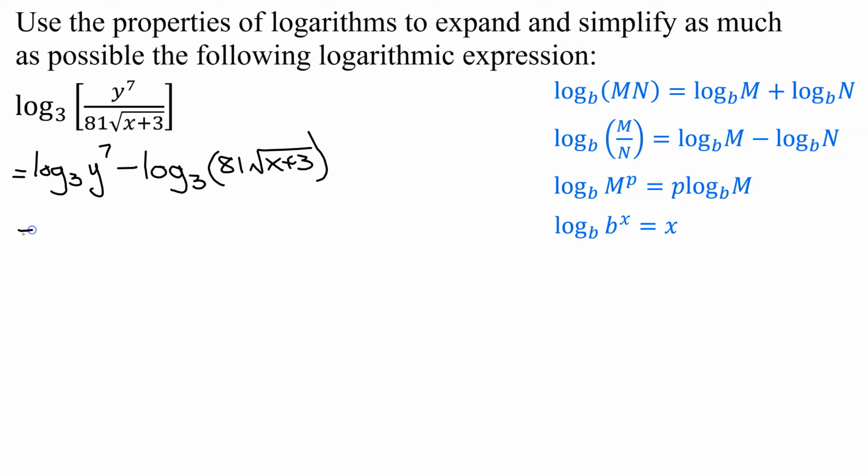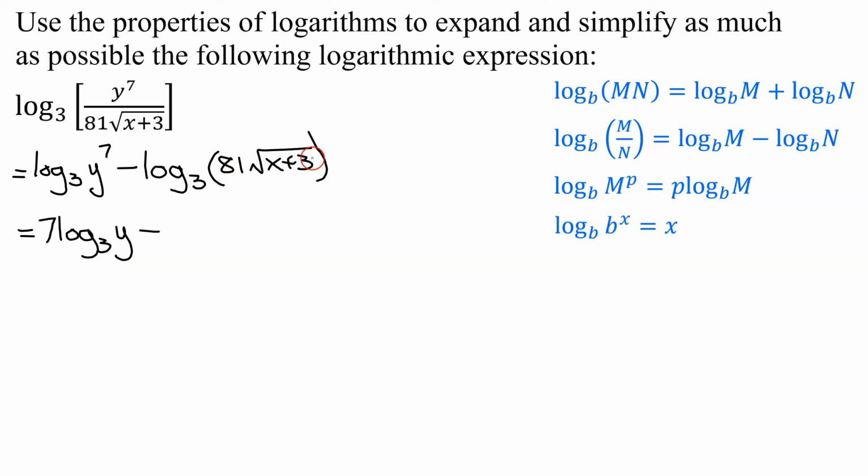Now looking at my first term, can it be simplified? Yes, I'm going to use this power rule that says log to the base b of m raised to the p power. You bring the power down in front and you land up with just p times log to the base b of m. So in my case, I'm going to bring the 7 down in front of the log. So I'm going to get 7 times log to the base 3 of plain old y minus, now be careful,